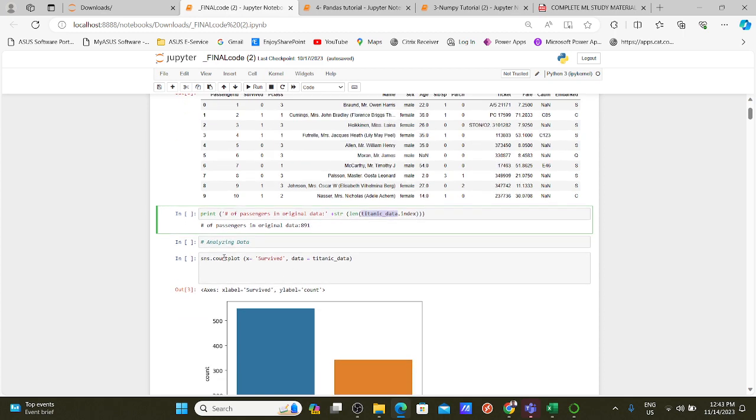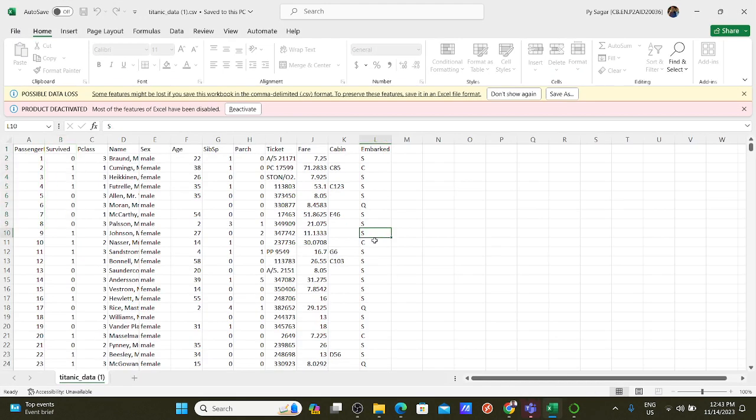Okay, so next I'm actually analyzing the data. As I said, in pandas we can actually analyze this data, right? Analyze in the sense, from this data set we can find what is what. Maybe we can find the age group of who has traveled on this Titanic ship, what is the highest age group, what is the lowest age group, and what is the highest fare that a passenger has paid,